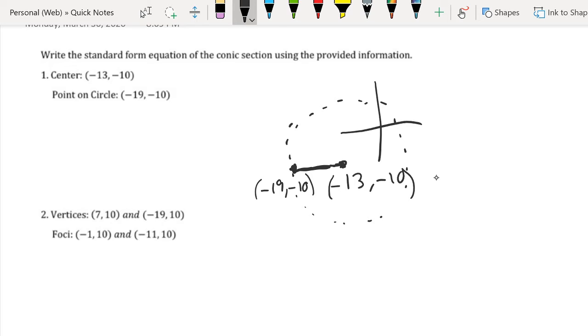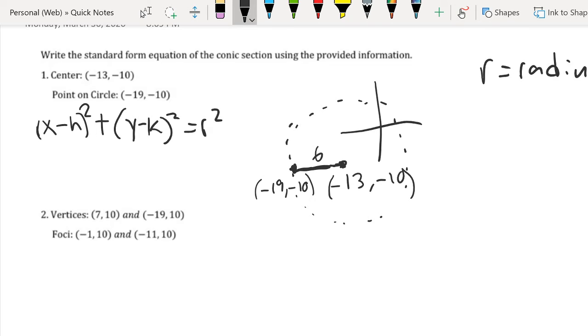Well, it looks like we'd have to go 6 spaces to get from negative 13 to negative 19. Now, you could also find that by subtracting them and then taking the absolute value. If it's negative, just don't make it negative. And that's how you would find that. And all you really need is the center and the radius for a circle equation. So the equation of a circle is going to look like this. It's going to be x minus h squared plus y minus k squared equals r squared. So r is the radius. R is the radius. And then hk is the center